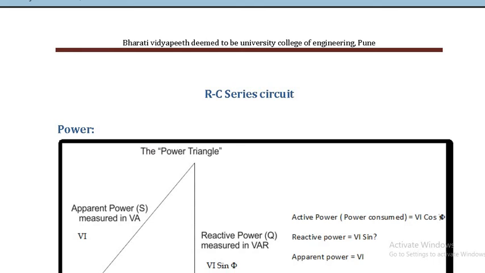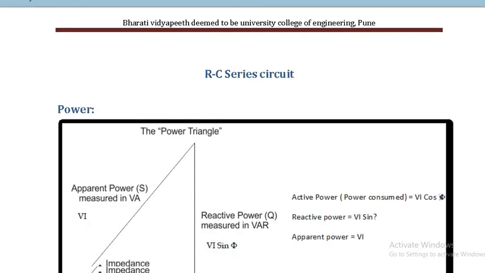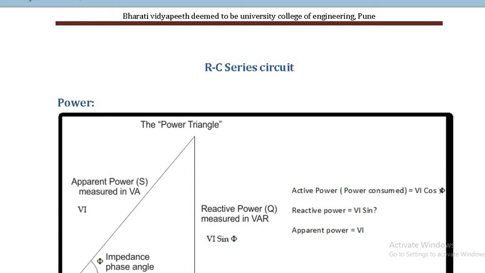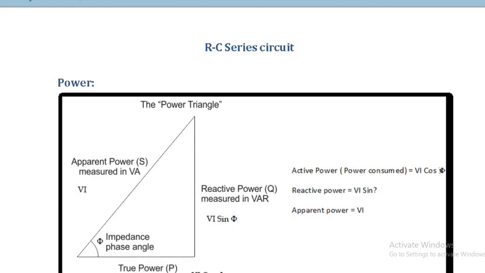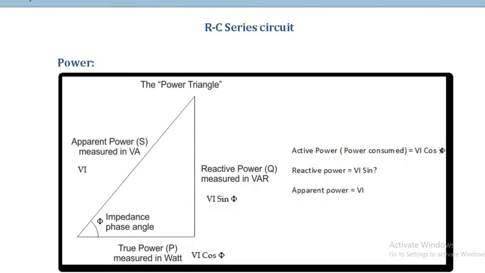I suppose you remember we have talked about the voltage triangle and impedance triangle in the case of the RL series circuit. Now let me talk about the power triangle. What do we mean by power triangle? VI is a vector which is called apparent power. This vector can be resolved into a cos component as well as a sine component. The cos component of this VI vector, that is apparent power, is what is called active power, that is VI cos phi. Another component, the sine component, is VI sin phi, and that is reactive power.